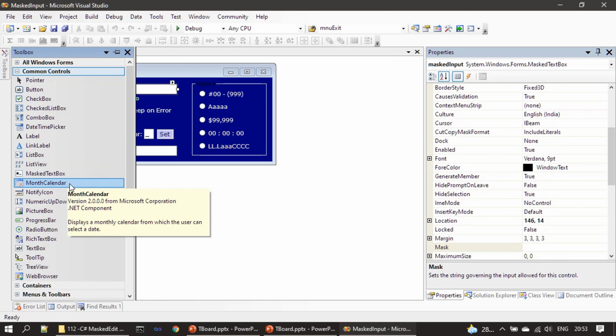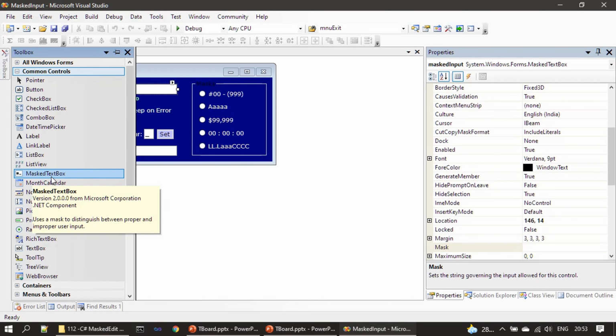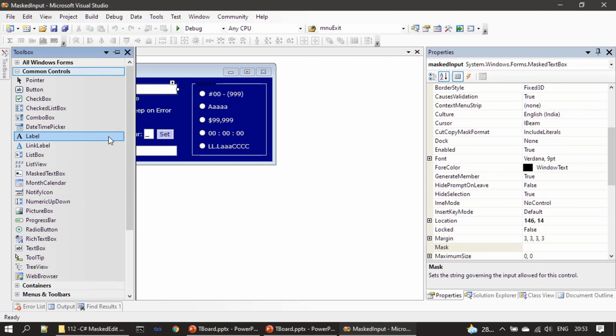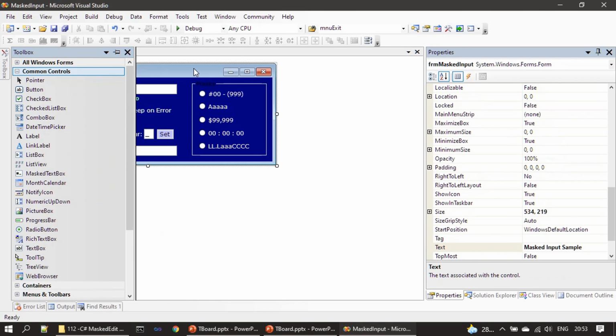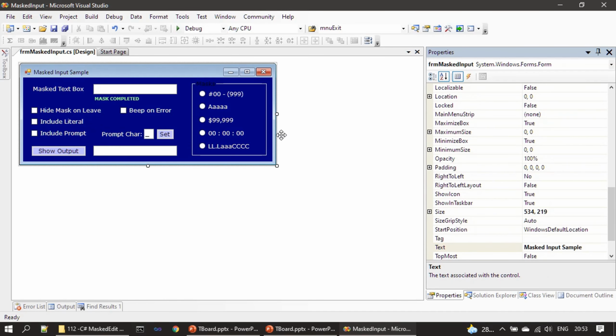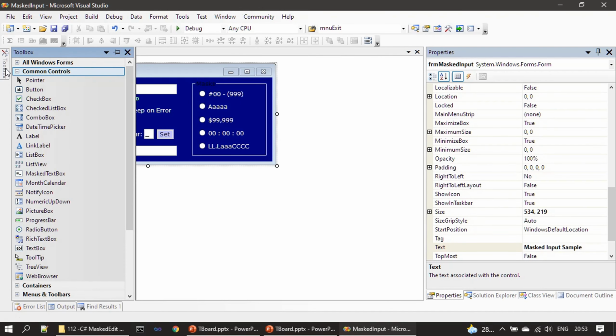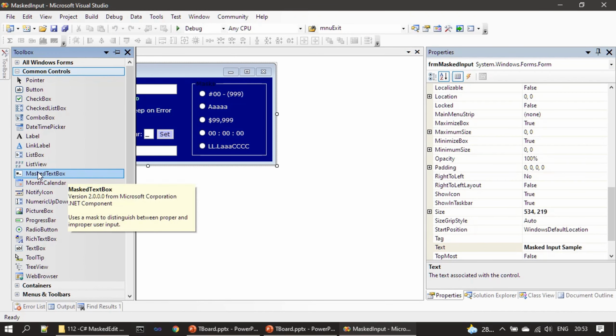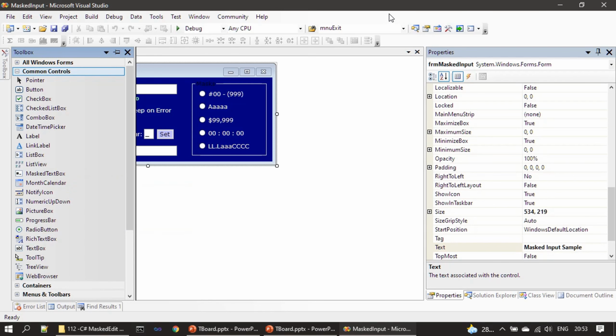So this is the masked edit control. The control name is MaskedTextBox. I have to drag and drop it here. Then after placing the masked edit control or masked text box control,